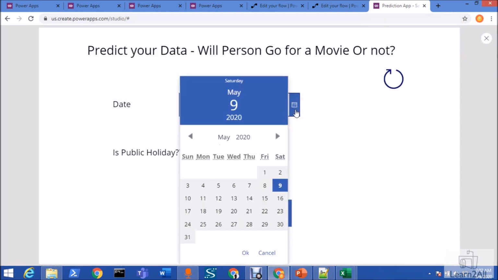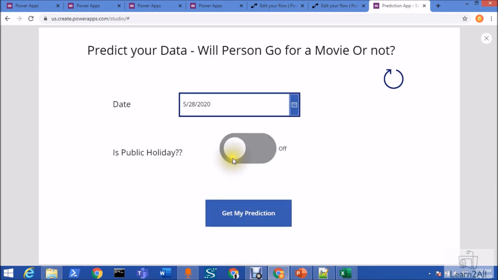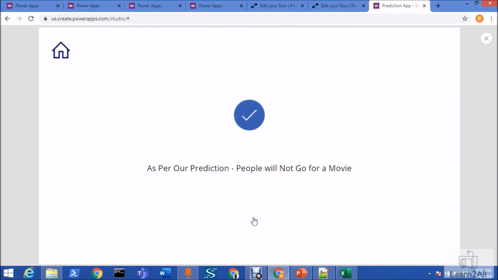So let me select this date as 28th of May. It's a weekday, so let's go for prediction. So here it is.